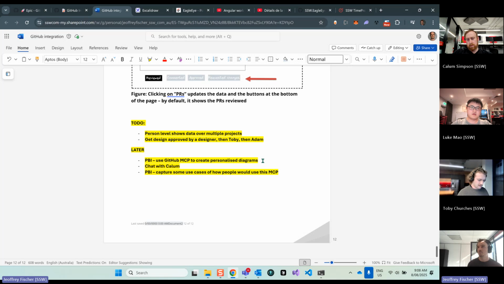And this would be a personalized set of data that you could create with the tag. For example, if you want to see the evolution of PRs for a particular repo, for a particular person, something that is not provided by default, you could ask the MCP to look into GitHub, find the right APIs, get the data, and then build the diagram for you. Right. So this could be an idea. It sounds like that's definitely a future feature,